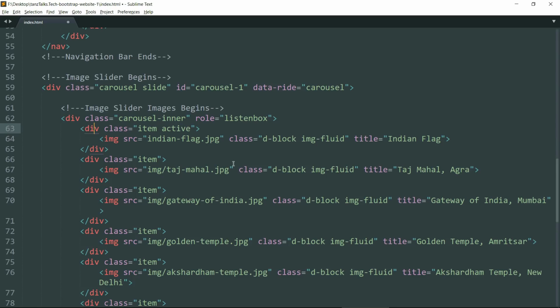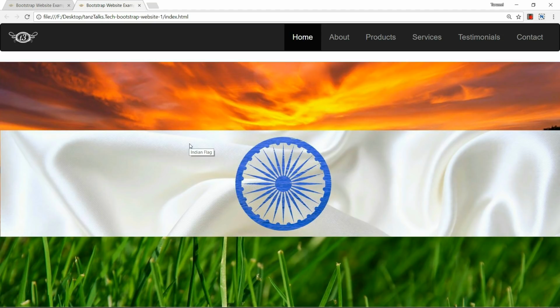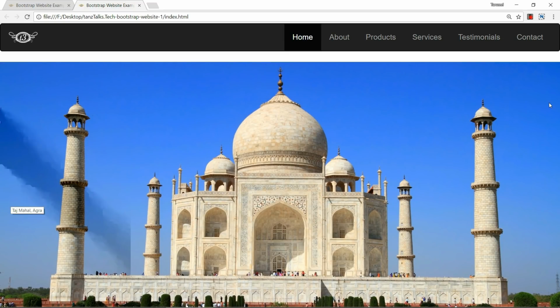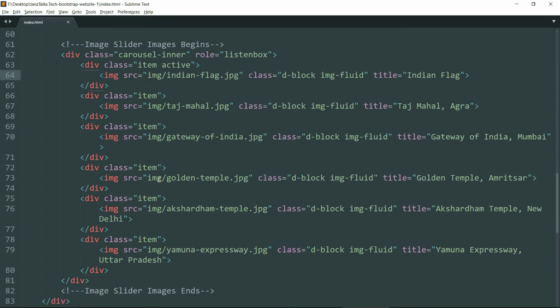Make the correction, img/. Now save it and let's open the browser, refresh the page, and yeah, the first image is working now. Now we need to add the controls on the side of the image slider so that we can move to different images.